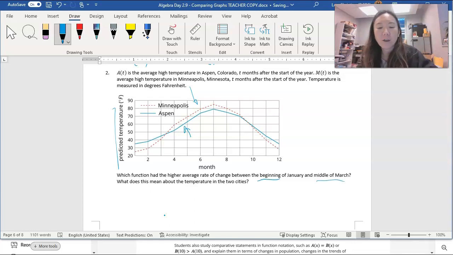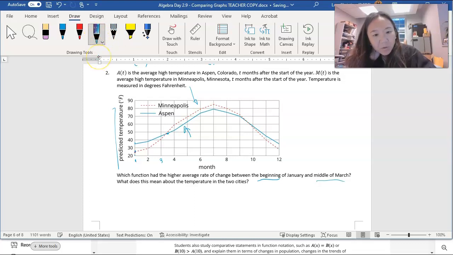So let's first find that. January is the first month. This is the third month, March. Middle of March would be halfway through here, right? So that would be about here. And so we're looking at what is the change from there to here versus our red line from here